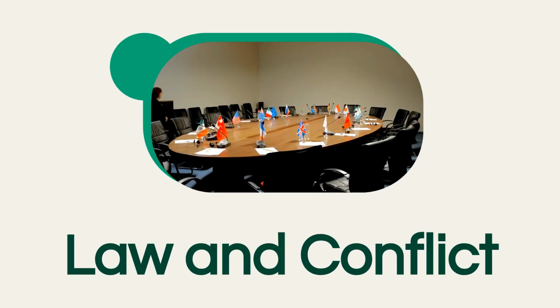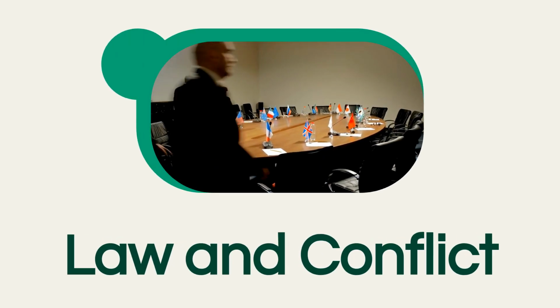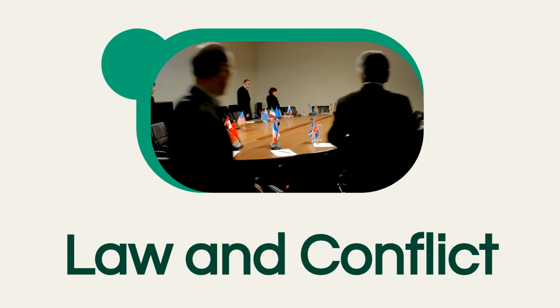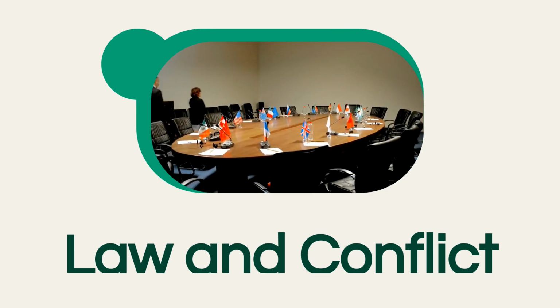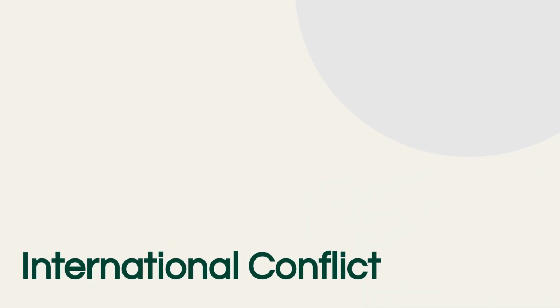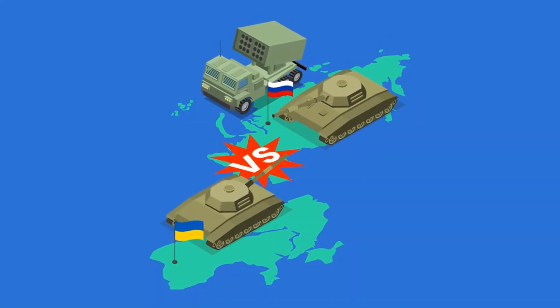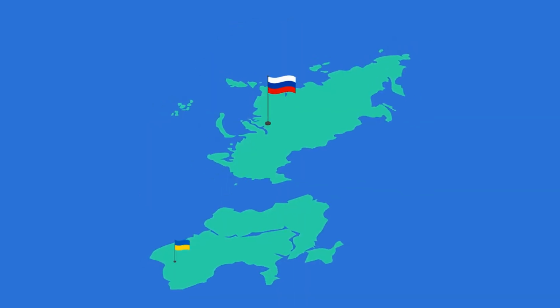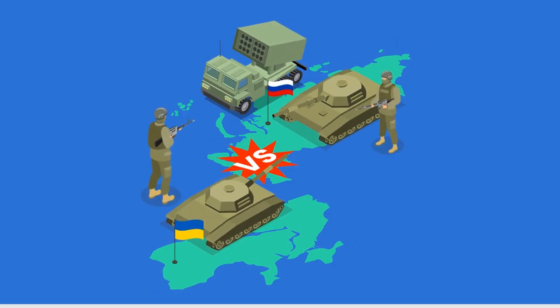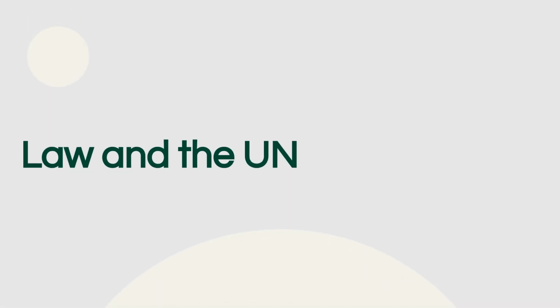Welcome. Today, we explore the critical role of international law and the United Nations in managing conflicts between nations. International conflicts pose significant threats to global stability, often resulting in immense human suffering and economic turmoil. When disputes between states escalate, clear rules and regulatory bodies are essential to prevent widespread violence and ensure a measure of order. This is where international law and the United Nations step in, providing the framework for conflict resolution and